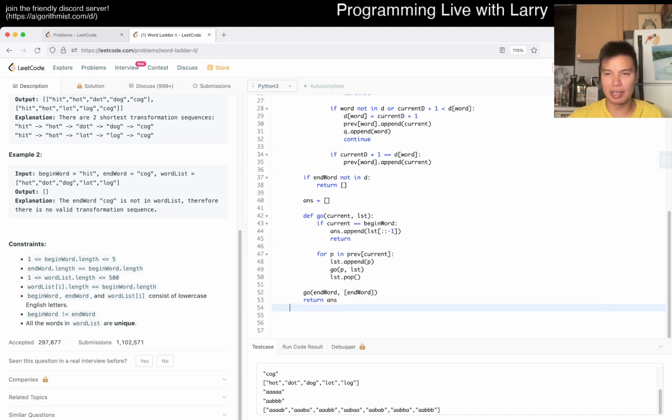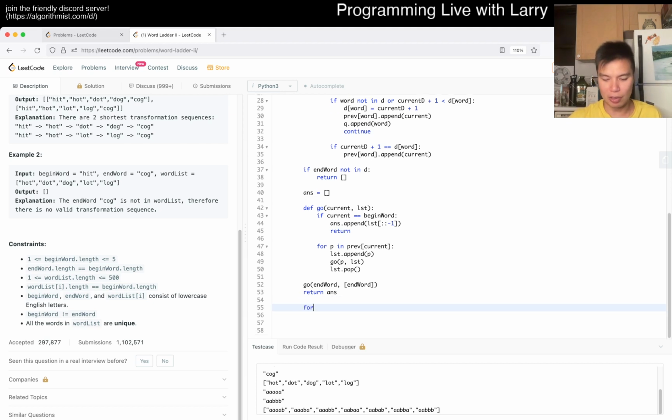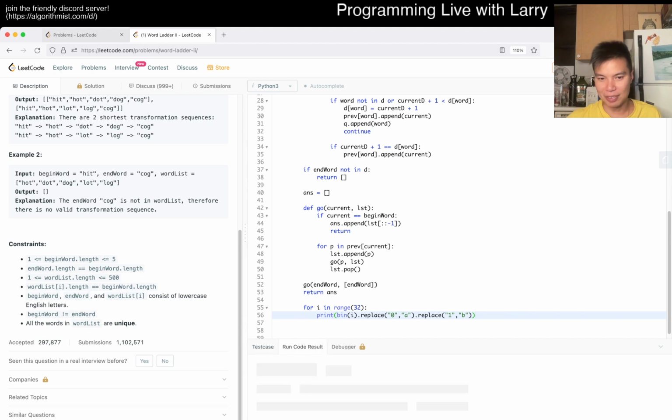I mean, we could play around with it. I have some time left, so maybe this would be a good easy exercise. So for I in range of 32, we want to print, let's see, bin of I, we replace 0 with A, and then we replace 1 with B. That should work.